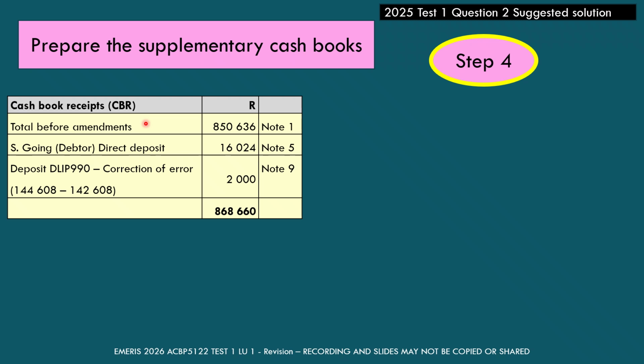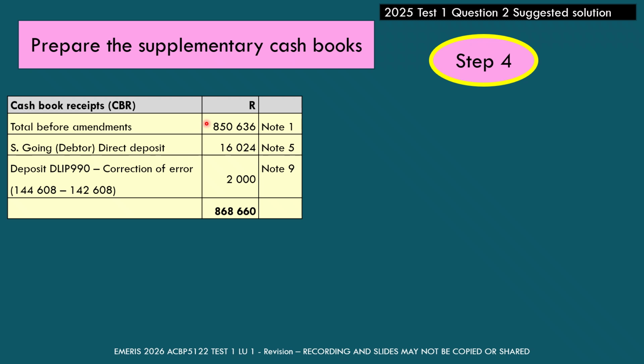So it's the total before any amendments, and you can see in this column I've told you where to look in the question to find each of these amounts. Then there was a direct deposit, and a correction of an error, and then I calculate my new total. And in an assessment, all of these count marks.